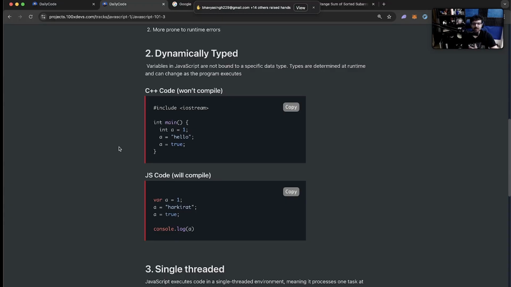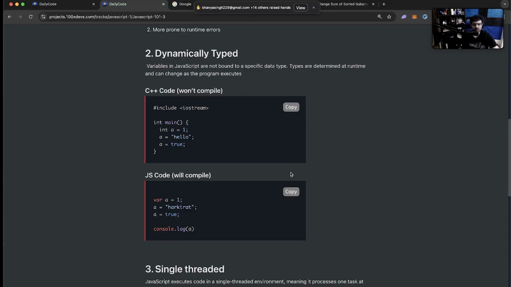C++, Rust, Java are strictly typed versus JavaScript is dynamically typed. I think it's called strictly typed or statically typed, one of these two. Google it. But these don't let you change types, versus JavaScript will willy-nilly let you do anything. Okay, as you can see, I have not written int a equal to 1. I have written variable a equal to 1. I can change its type. I can change its type one more time.